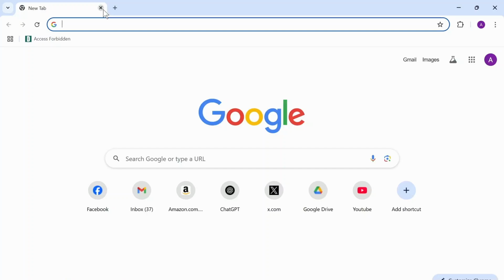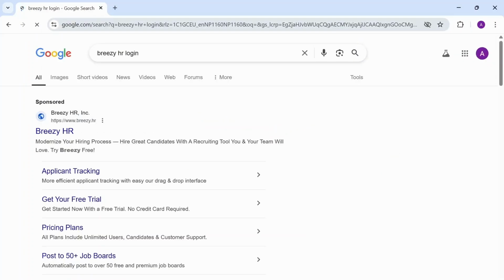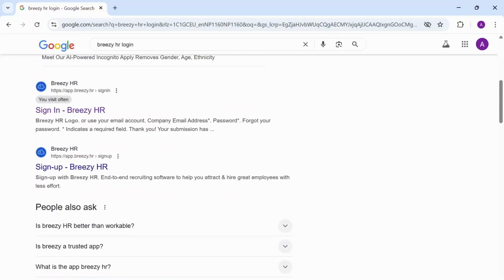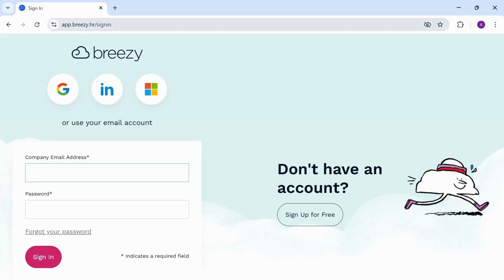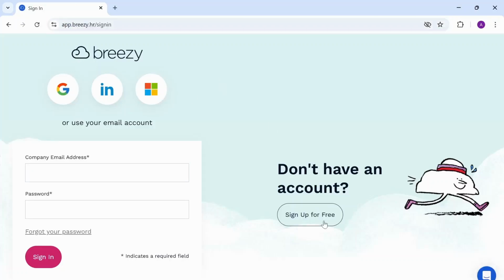The first step is open up a web browser. After you open up any web browser, simply search for Breezy HR login. After you search for it, there you'll find the website for Breezy HR. So head over to this sign in option and you'll get prompted to app.breezy.hr/signin. After you're there, if you don't have an account, you can simply sign up for free from here, or